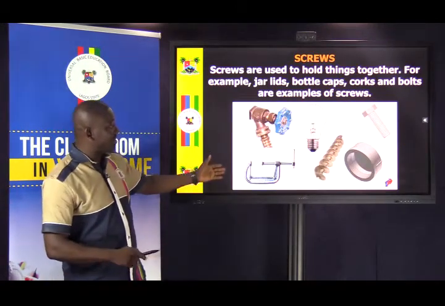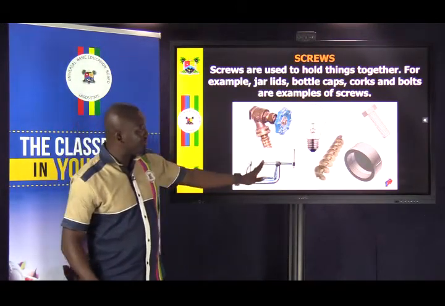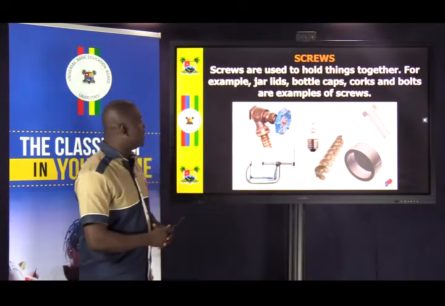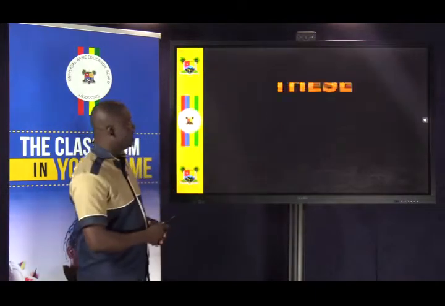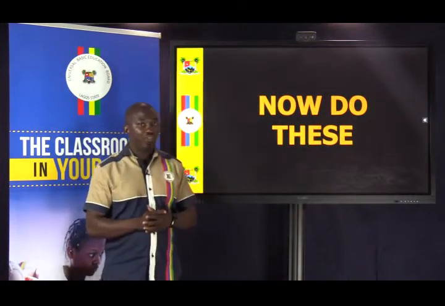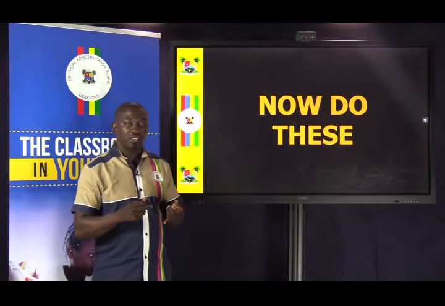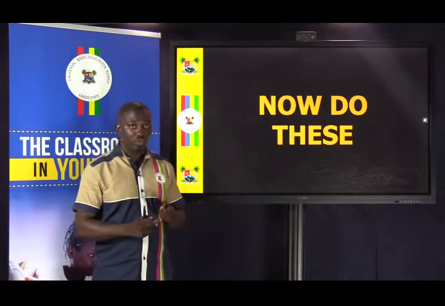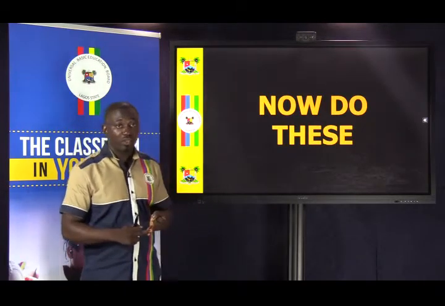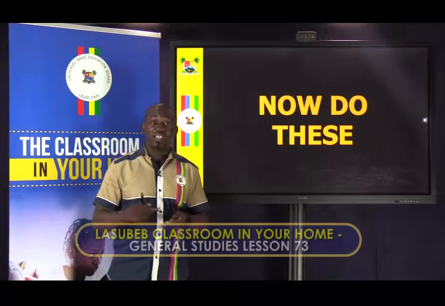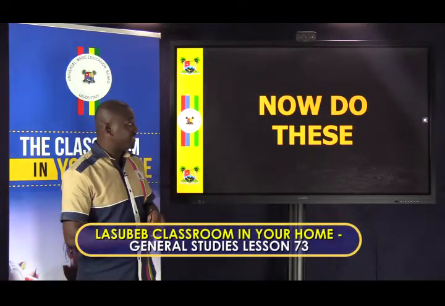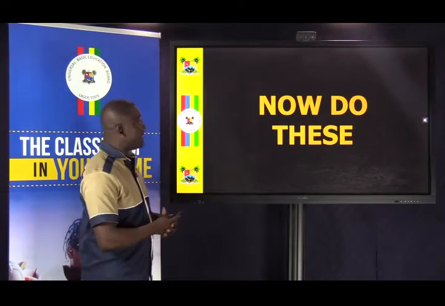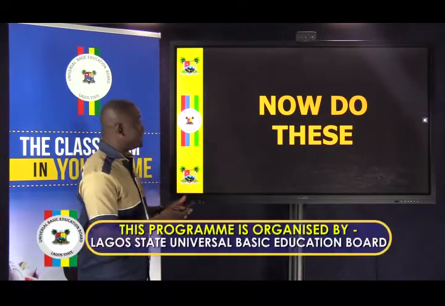And if you can track the screen, you will see their pictures, screws. All right, can you see them? Okay, well done, pupils. Now we have looked at the 6 different simple machines. We looked at pulley. Of course, it makes work easy to do. We looked at wheel and axle. We looked at screw. We looked at inclined planes, isn't it? Yes, and we looked at different simple machines that can make work to what? To be easy for us.